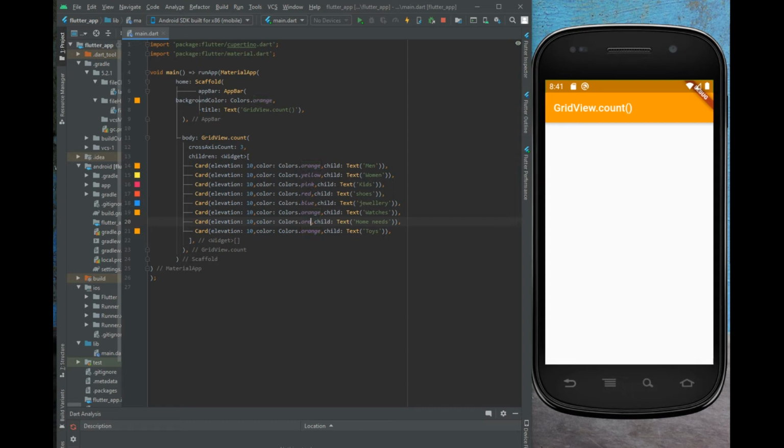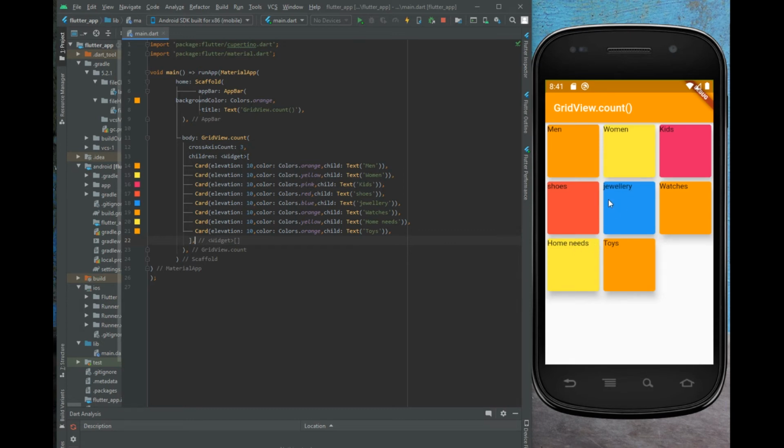Let it be orange and change this color to yellow. So that's fine, and let me run this and show you how it will look.